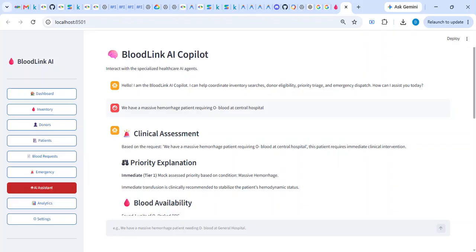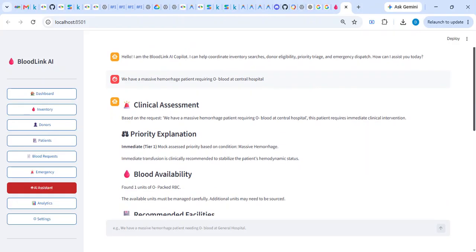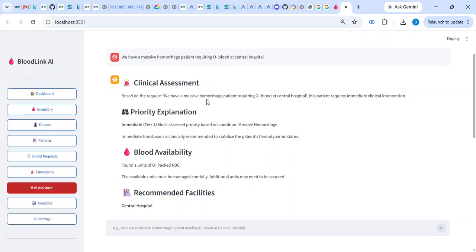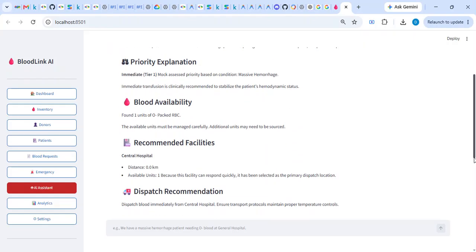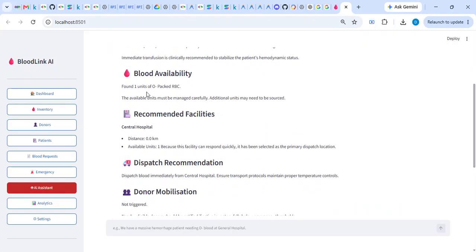Now what I've entered is: we have a massive hemorrhage patient requiring O negative blood at Central Hospital. Based on this request, it says the priority is immediate, tier 1, based on the condition massive hemorrhage. Immediate transfusion is clinically recommended to stabilize the patient's hemodynamic status.